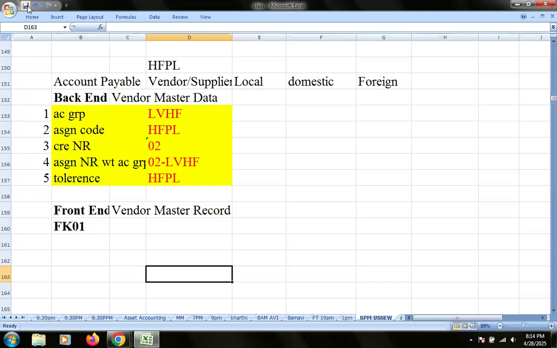Okay, sir. So for releasing a parking document, we have the T code FBV0. FBV0. That is the T code we are using. Correct. So for releasing of the holding document,